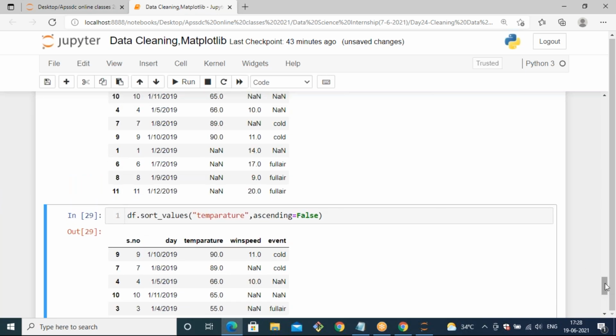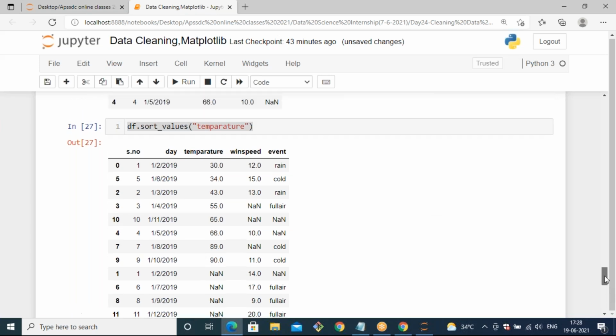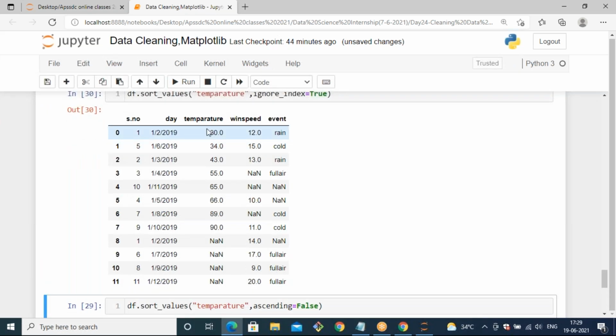If you don't want the index generated like that, you just pass ignore_index as one more parameter. By default it is in the false state, so if you want the index in proper order, you can pass true as the value, and then observe the result. The temperature is in ascending order and the index also follows the order 0 1 2 3.